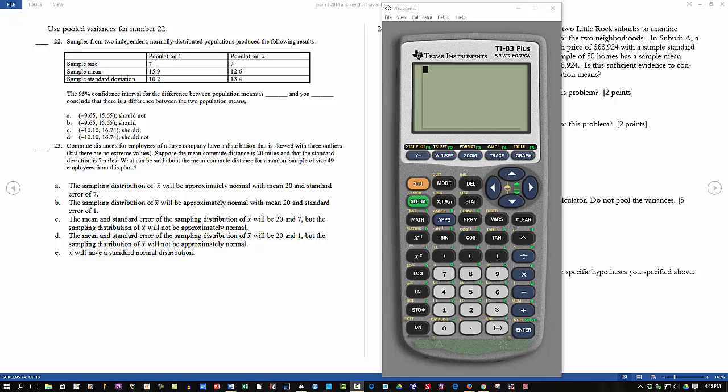On number 22, we have two independent samples, a two-sample t-test or two-sample t-interval in this case, since we're looking at a confidence interval. And then we want to know if we can conclude that there's a difference between the two population means, which you'll see in a second if you haven't already. None of those answers are correct